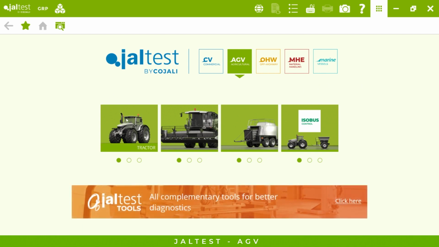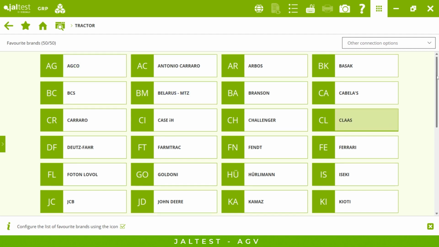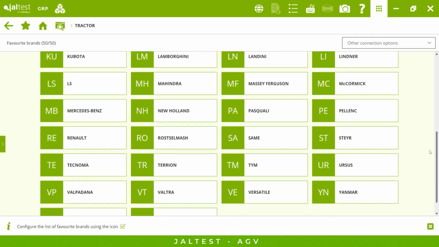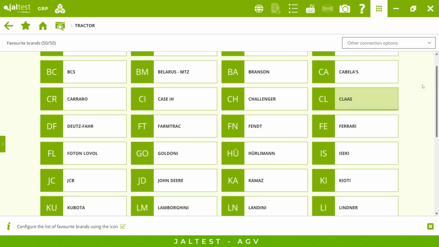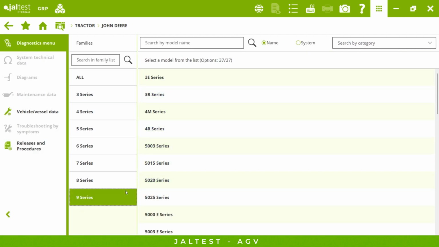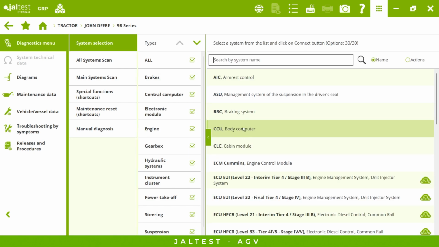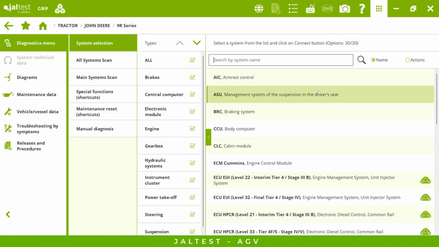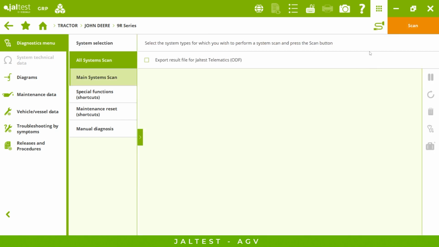So as you can see in tractor, we have 50 different makes. We have really good coverage here. For this demo, we are going to use John Deere, which is one of the most important makes. We have all the families and all the models, so we can use, for example, the 9R series. We have all the possible systems here, so that's why it's important to do an all system scan and go to